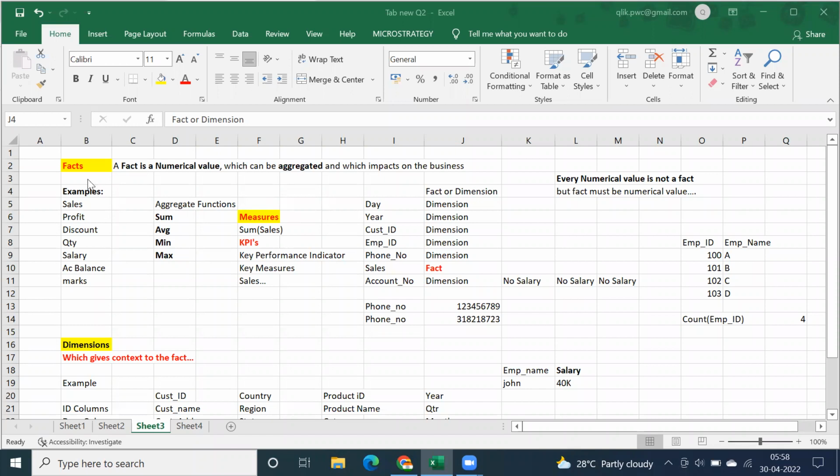So in the last class, we went through what fact and dimensions actually are. Basically, we discussed that a fact is a numerical value which impacts the business, and dimensions are nothing but what gives context to the fact. Okay, and in general,